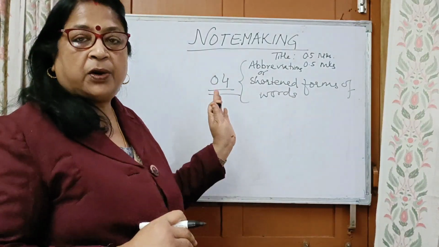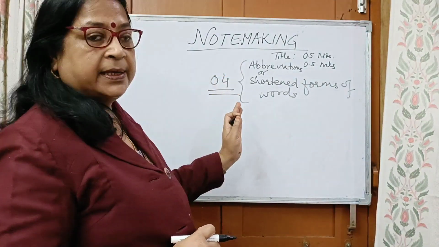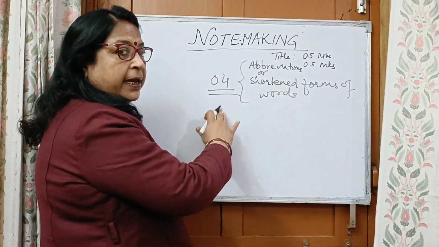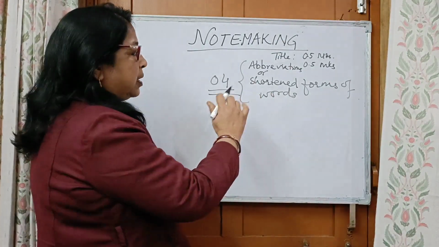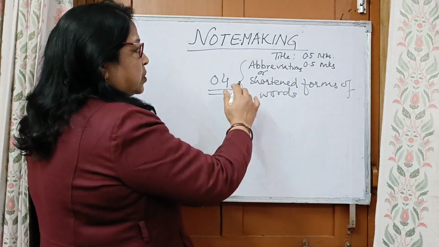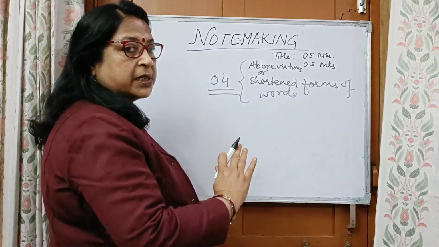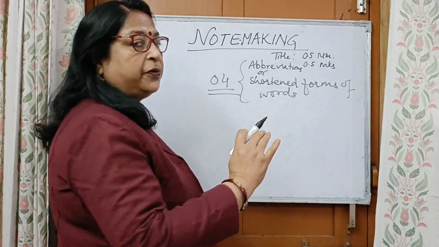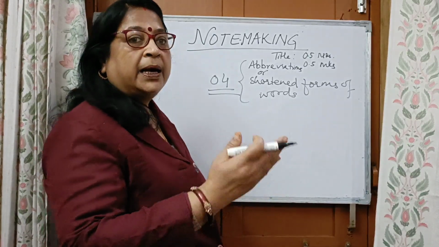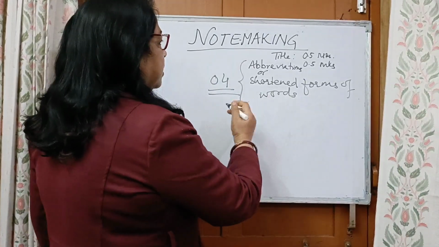I will elaborate on it. What do we mean by this? And minimum 4 you have to use. You do not have to make any key or index for writing what this short form is mentioning. So simply use 4 shortened forms. Better if you underline these 4. You can use even more, but minimum 4 is required.